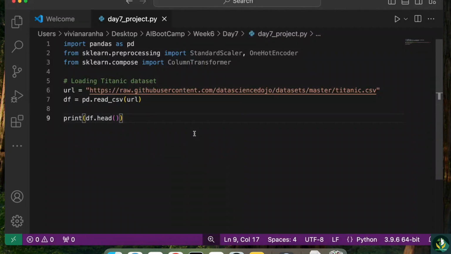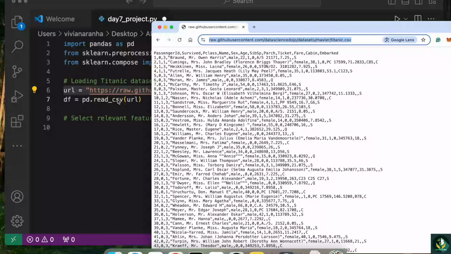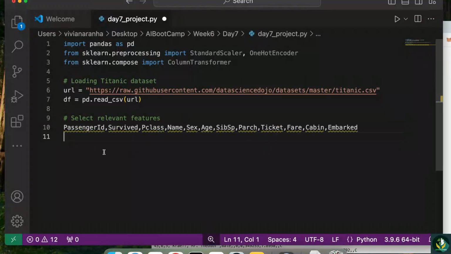Perfect. And clear this out, remove this, and next we'll select the relevant fields from there. So I'll say select relevant features. Now if I open this URL, here is our URL that we are calling. Now the things that I'm interested in here are Pclass, Sex, Age, we have Fare, that is interesting, Embarked, and also we need Survived. So I'm going to copy this entire thing, and here I am going to say first